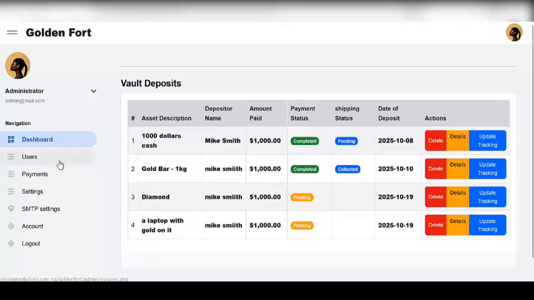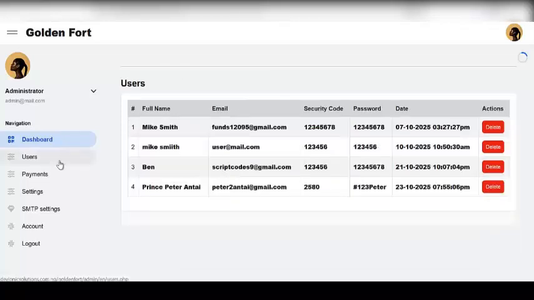Alright, so let's go to the other part, which is the user section. Click on user. This way you can see all the users on this particular website. You can either delete them, and you can see the password, their security, and all of that right there. Then if you click on payments,